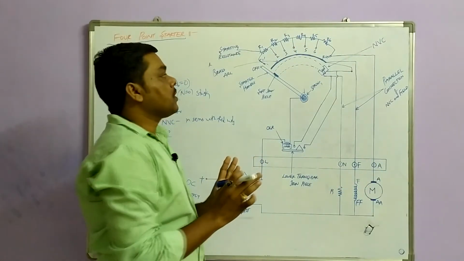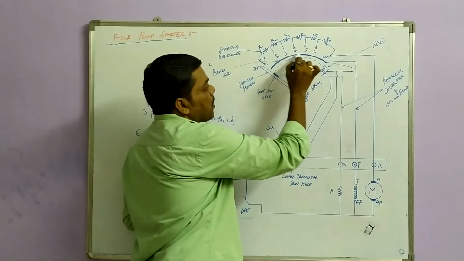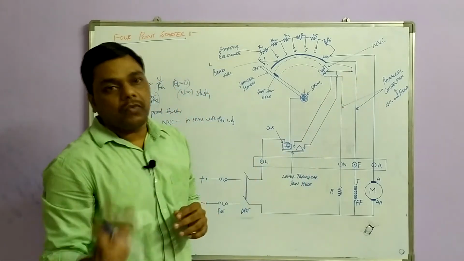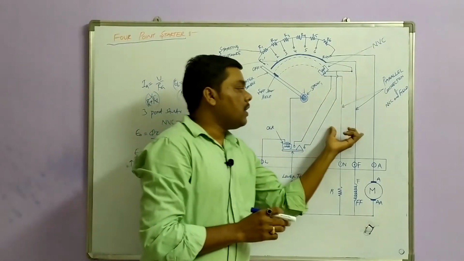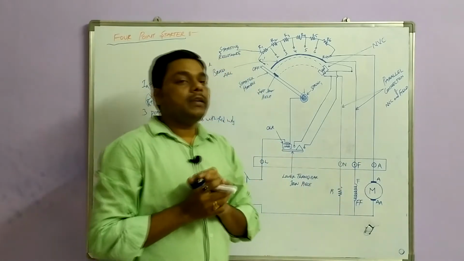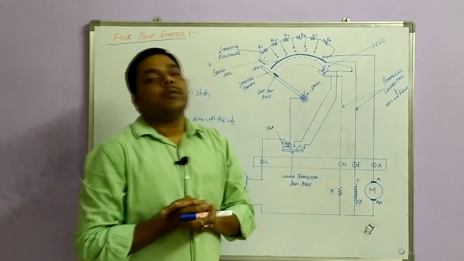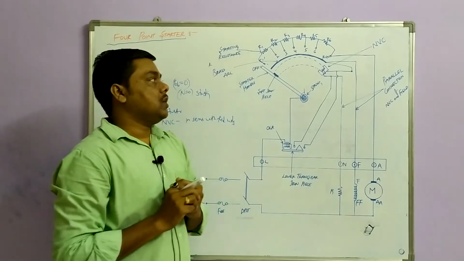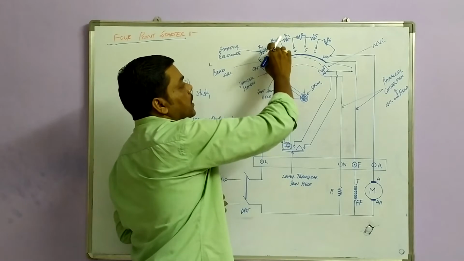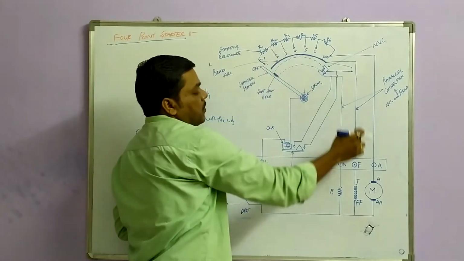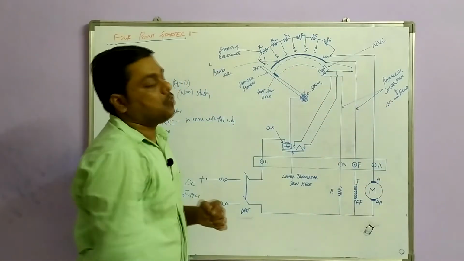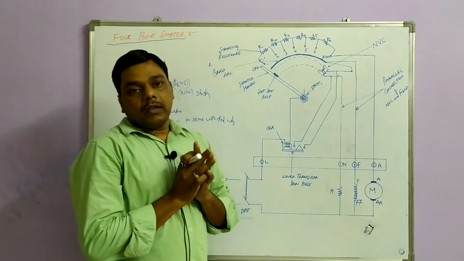But the current entering into the brass arc is dividing between the NVC and the field winding, so it is a parallel connection. Some current is flowing through the field winding and some current is flowing through the resistance. Once you move to the second point, that means resistance 2, again this current is dividing between the NVC and field winding, and the armature current flows through here as usual. How your motor is going to pick up speed is the same.